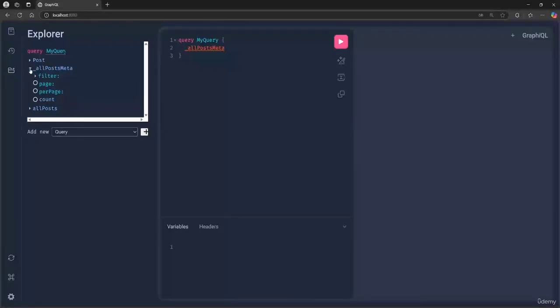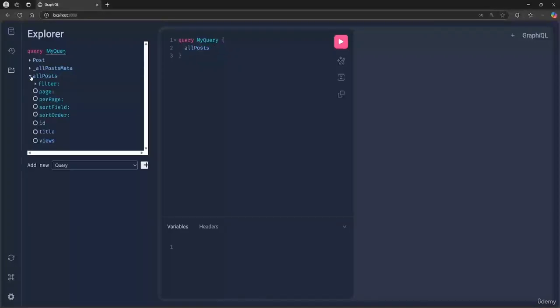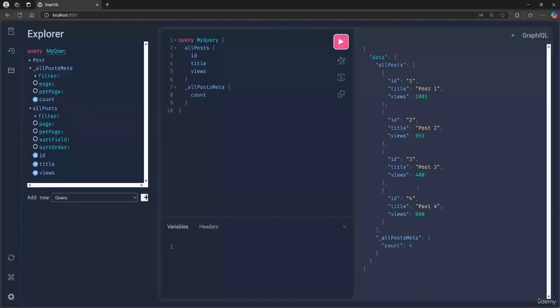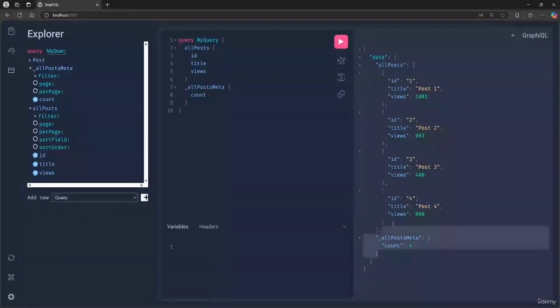We also have all posts. It allows you to fetch a list of posts, optionally with filters, sorting, pagination, and you choose which fields you want in the response: ID, title, or views. Let's try to query count of all posts and its data. As we can see, we have 4 posts in total, and that's true because we have 4 posts in our